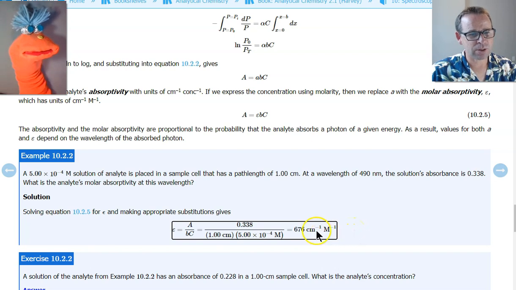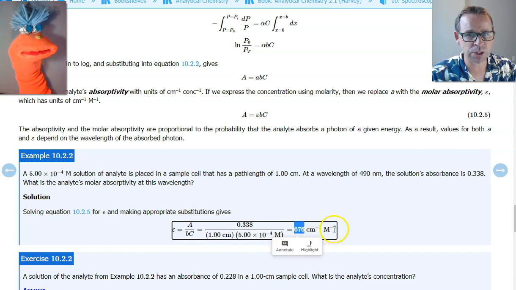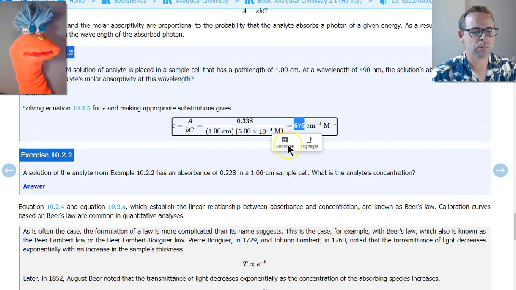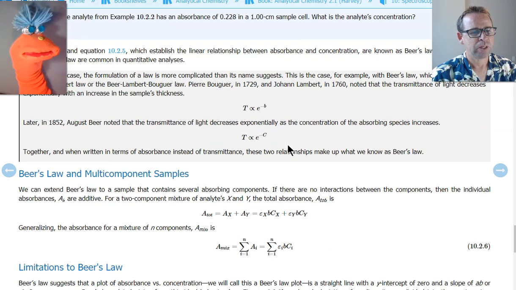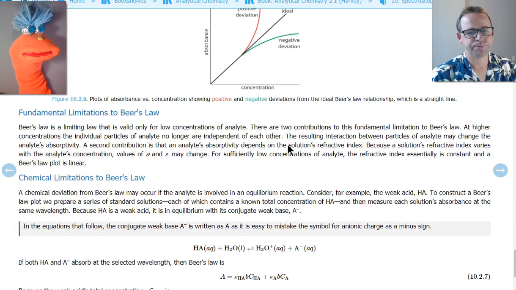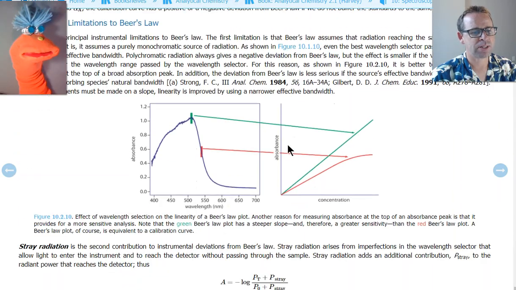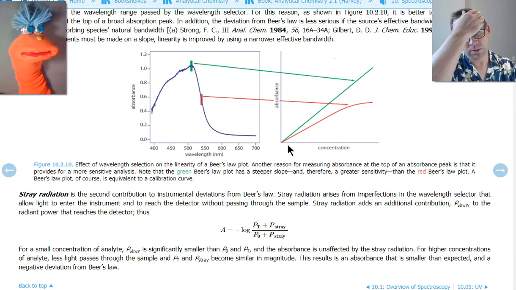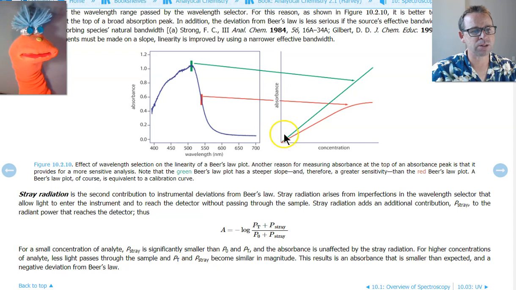So in general, extinction coefficients are relatively large, in the hundreds or thousands or tens of thousands or even hundreds of thousands. And again, it's how much absorption you would expect to have if you had a 1 centimeter path length and your concentration of your sample was 1 molar. Okay, very good. So I think that's all we want to get out of this here. We talked about this already, but we can look at another example.